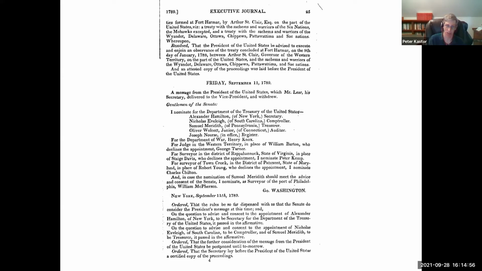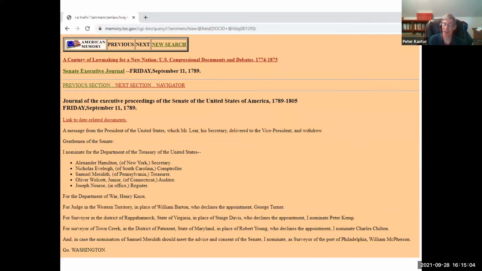Now, this material fortunately was transcribed by the Library of Congress and converted into machine readable form, nicely tagged, but again, not something that I was able to develop a computational method to extract. So what it meant doing, again, was hiring a bunch of students to go through, we had it in a slightly different format from this, the Senate Executive Journal. We'd highlighted every time words like nominate, appoint, recommend showed up, and they had to extract as much of this as they could, which meant the name of the individual, where they were from, the office,